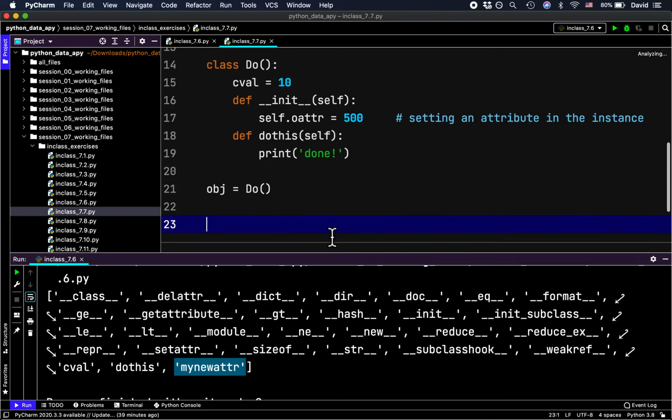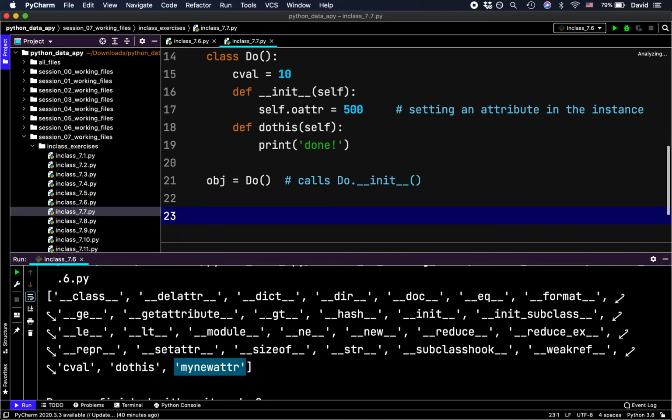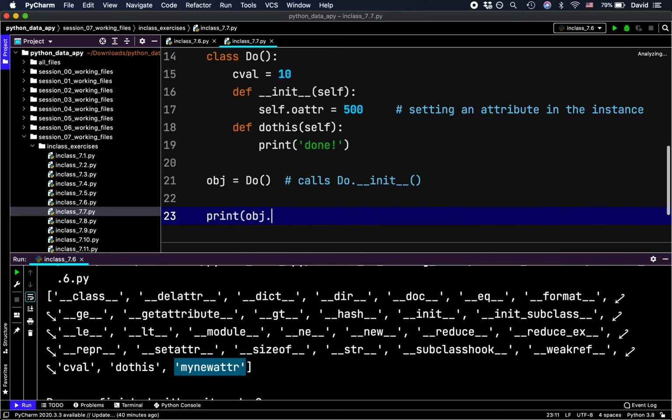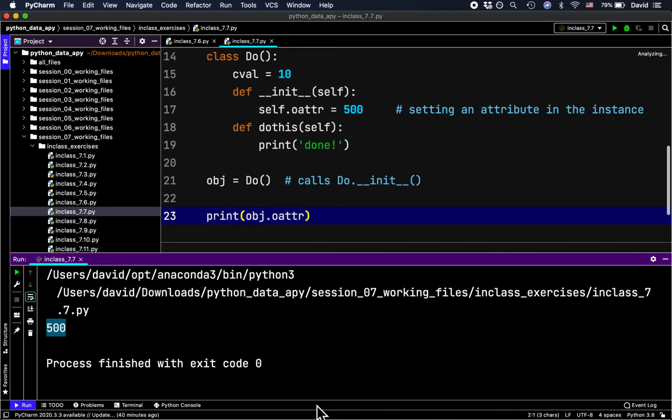Now here you see a slightly enhanced do class, which has not just an integer attribute or integer class variable and this do_this method that we can call, but it also has an __init__. Now last time we looked at classes, we looked at what an __init__ does. __init__ is an initialization method. __init__ gets called automatically when we create a new instance of the class. And what that __init__ is doing is setting an attribute in the object. So if I print, for instance, obj.oadder, I'm going to see 500 because it's an attribute that was